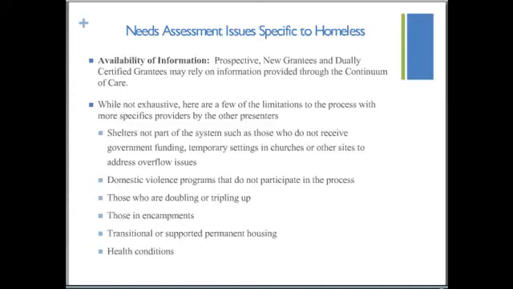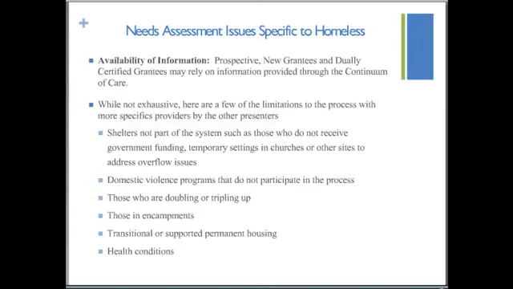There are certain areas that won't be included that will impact the number of homeless people in your community. For example, it may not have listings of use of temporary settings to address overflow issues such as churches and so forth. Domestic violence programs may not participate in this process.